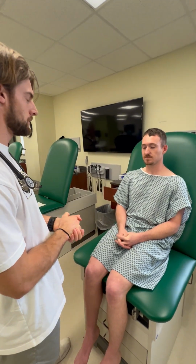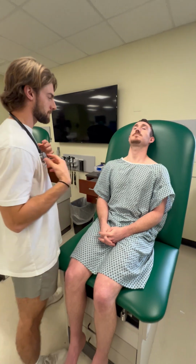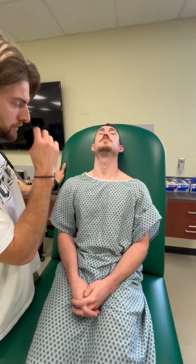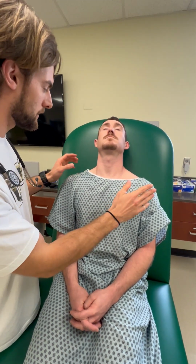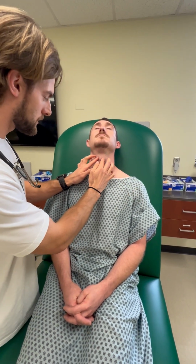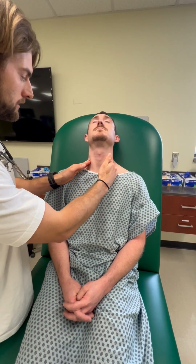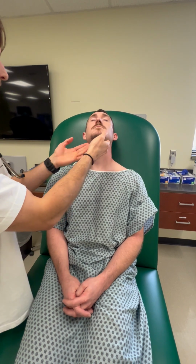I'm now gonna move on to his neck. So if you can lean back for me. So I'm just visually inspecting, looking for those bony landmarks as they should be, trachea midline. I'm going to touch your neck, okay? So just gonna feel it out, feel his Adam's apple, his musculature of his neck. I'm gonna check all of his lymph nodes. So he's got his